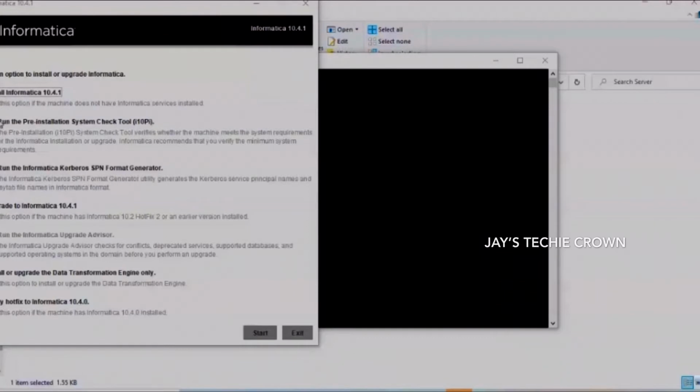The first thing would be to run the pre-installation system check. This will say whether you have all the prerequisites satisfied in your machine, whether you have enough space and all the required software with the required versions. So click on install Informatica and run the pre-installation system check tool and click start.